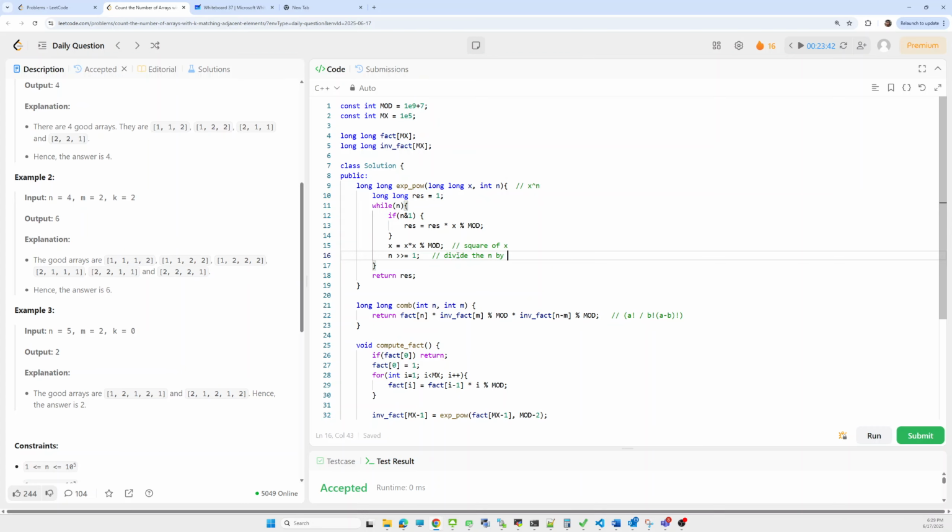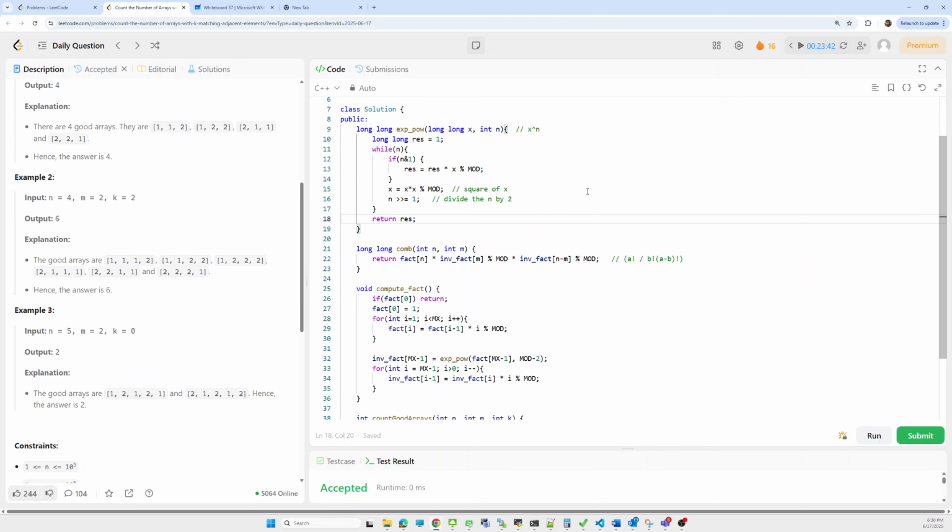Dividing n by 2 means we are shifting n by 1 bit to the right, so it will do the divide operation by 2. In the end we have to return the result, which will be the exponentiation power, means x to the power n.